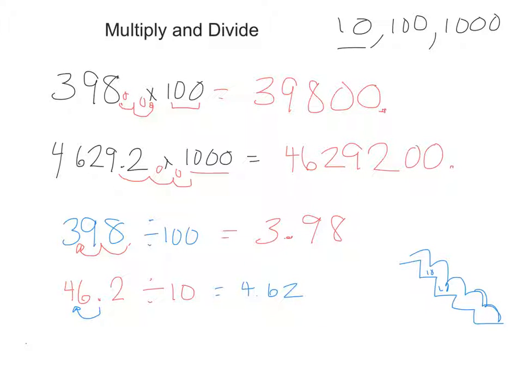What if we don't have any whole numbers and we are just starting with a decimal? And let's see, our question was 2.36 divided by 100. We're still going to move that decimal twice to the left, once, twice. And again, I have an empty spot, so I'm going to fill it with 0. My new answer is